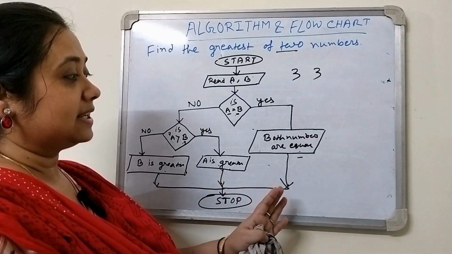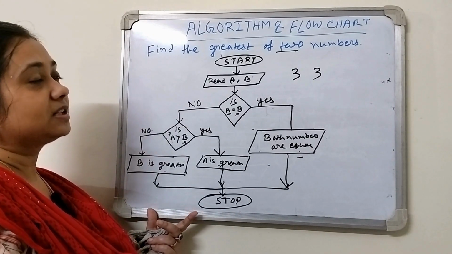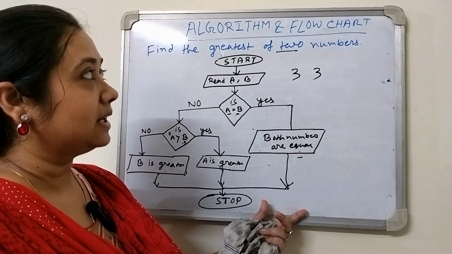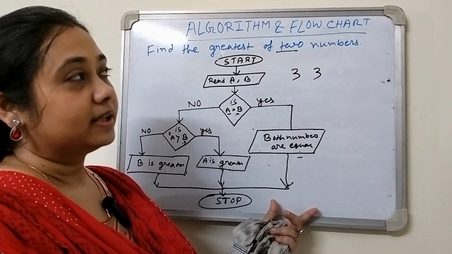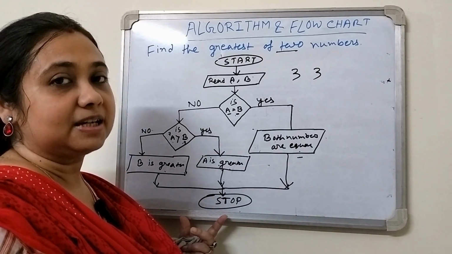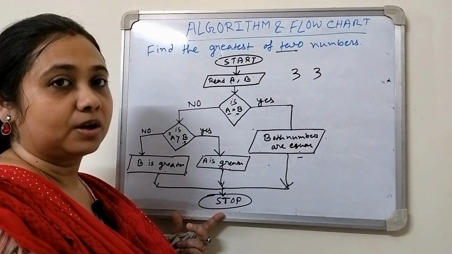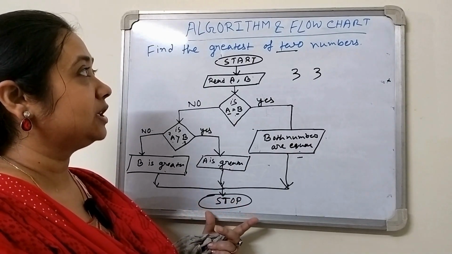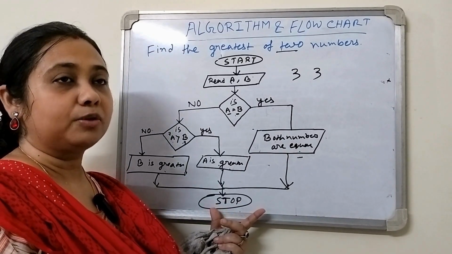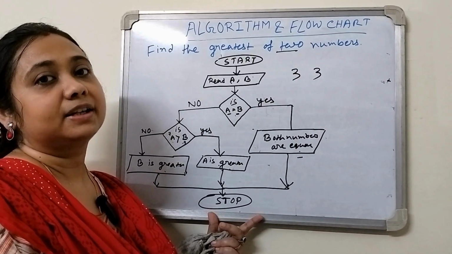The flow chart is easy to document, but algorithm documentation is not so easy. And in the flow chart, if any error occurs, we can easily identify it, but it is a little bit difficult to find an error in the algorithm. So this is the algorithm and the flow chart, by which we can represent, or a mechanism to write down, a program logically and mathematically.